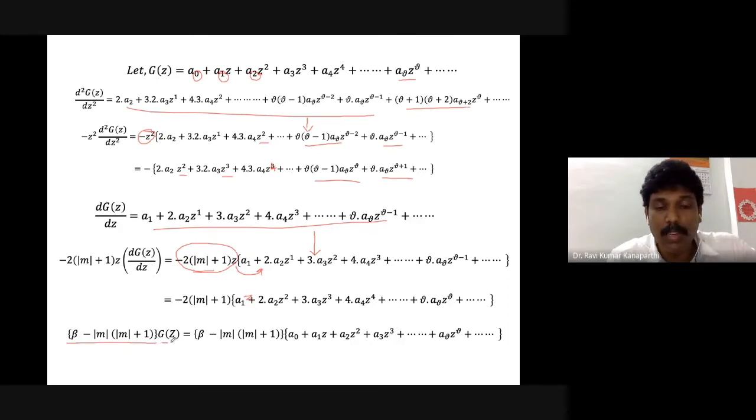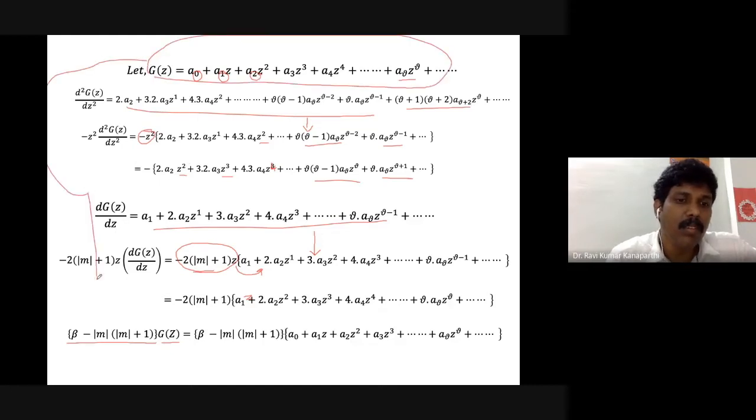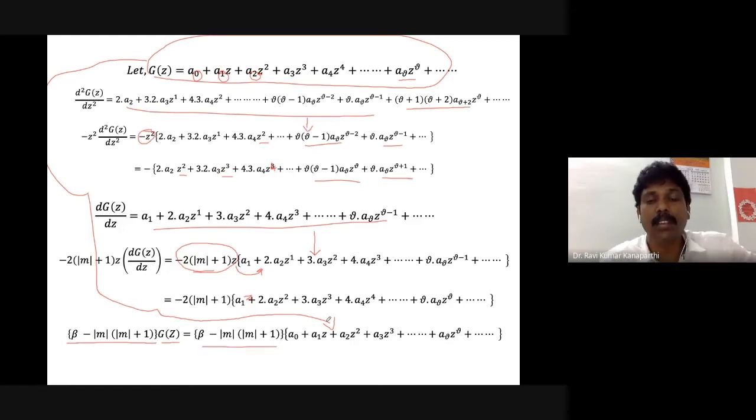So this is just adapted as such. So we are just multiplying the g of z. G of z is already this quantity, so you have to just simply multiply it. That is what is exactly done here. So this we are multiplying it. So what is the next step?